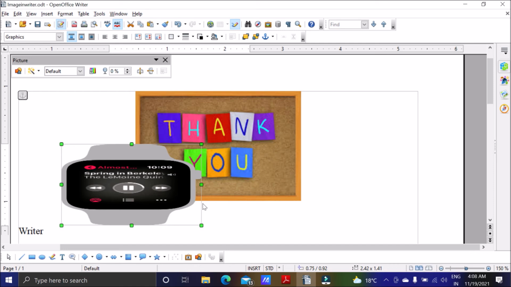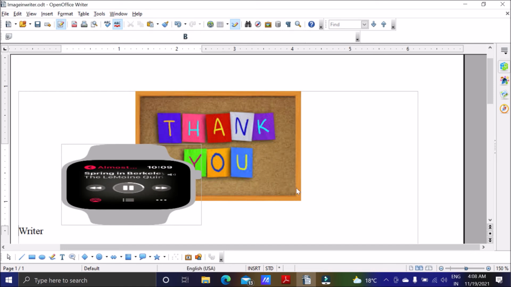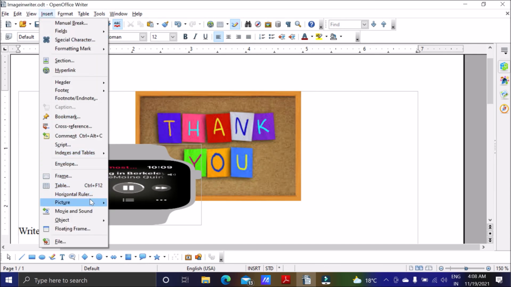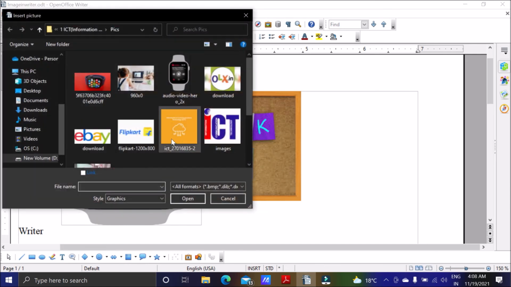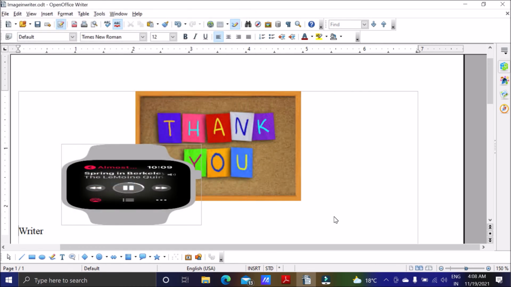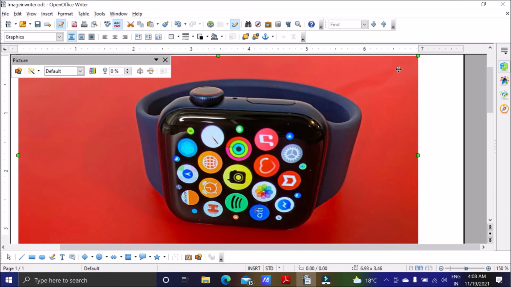Actually, when you click on an image and then you attach another image, the image gets replaced. So you have to click outside, then only you can get another image. Otherwise, images will get replaced.